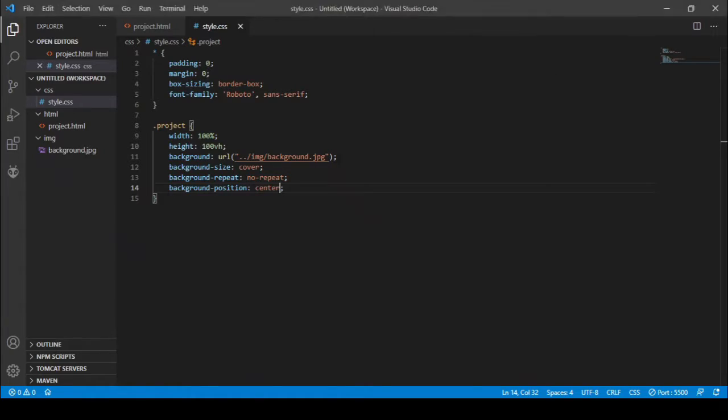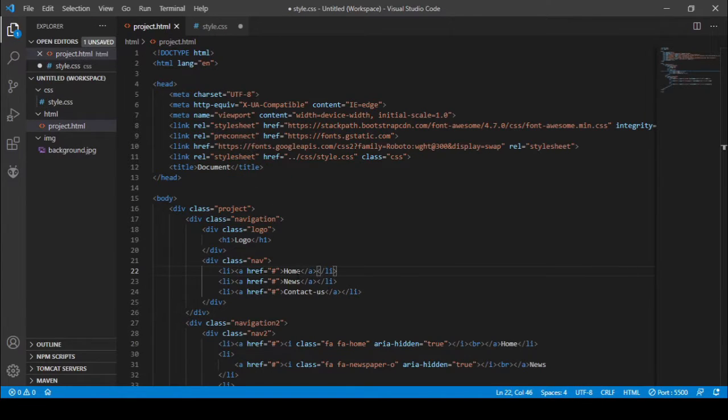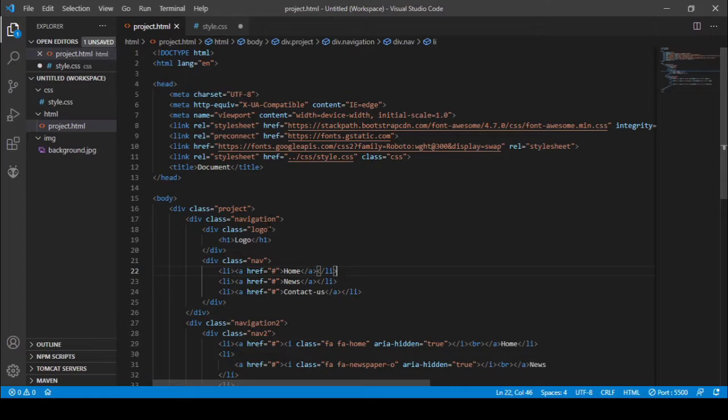So let's get back into style.css. Let's style the navigation class on here.